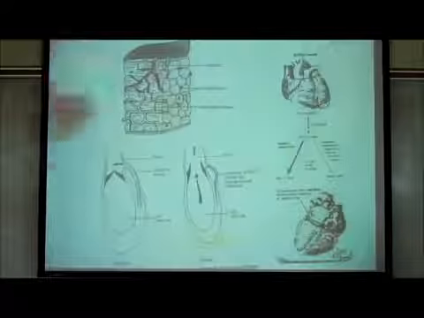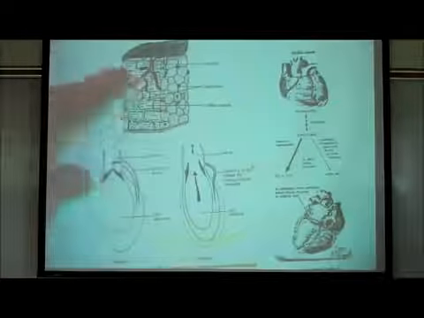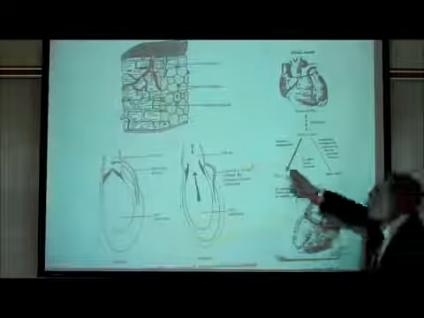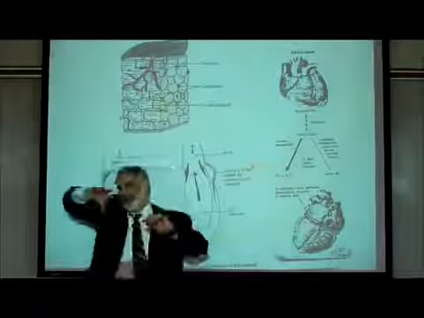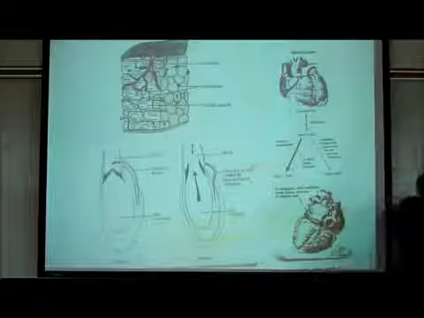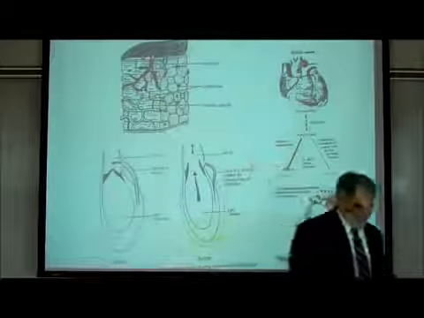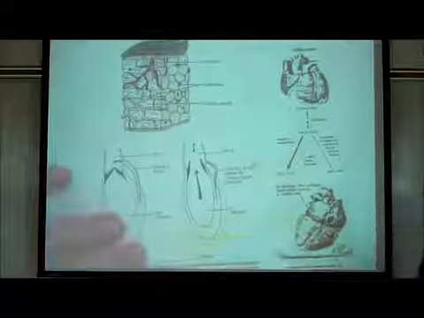Okay, now, we see in this picture on the top left, it just tries to convey to you that if we were looking at cardiac muscle tissue, we will see capillaries, branches off the coronary vessels, running in between all the heart muscle cells to provide them with oxygen and sugar. On page 181, at the bottom of 181,